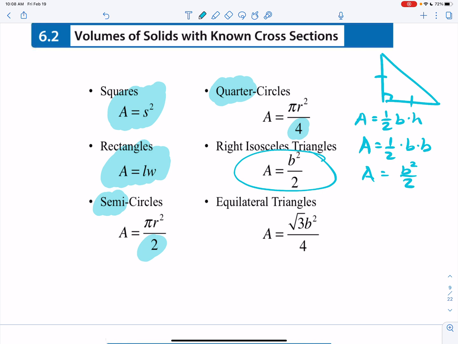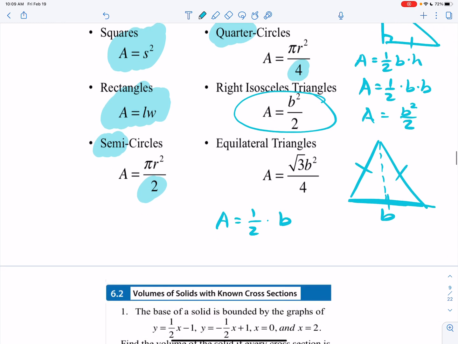And here's the last one here. I'll prove it to you guys very quickly for an equilateral triangle, okay? It deals with special right triangles. So here you know the base is just b, right? The height we don't know. So what happens here is if you just look at just one side of that triangle, down below here is just b over 2 because it's half. The height here